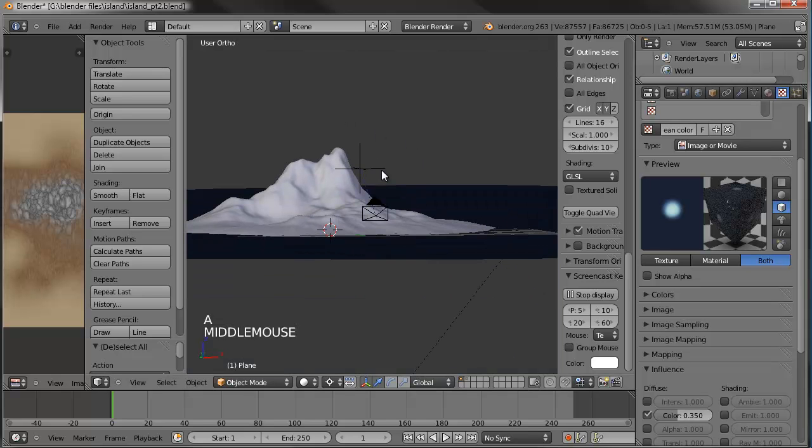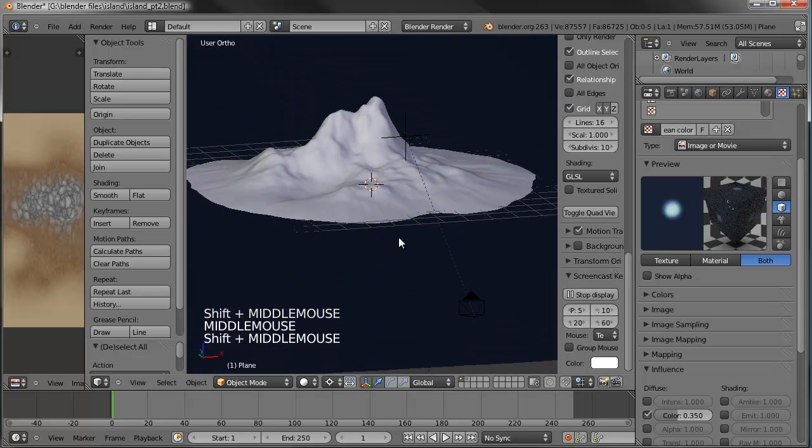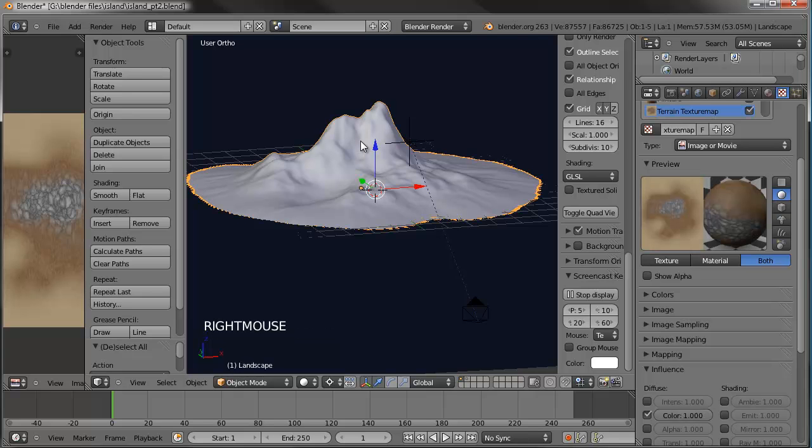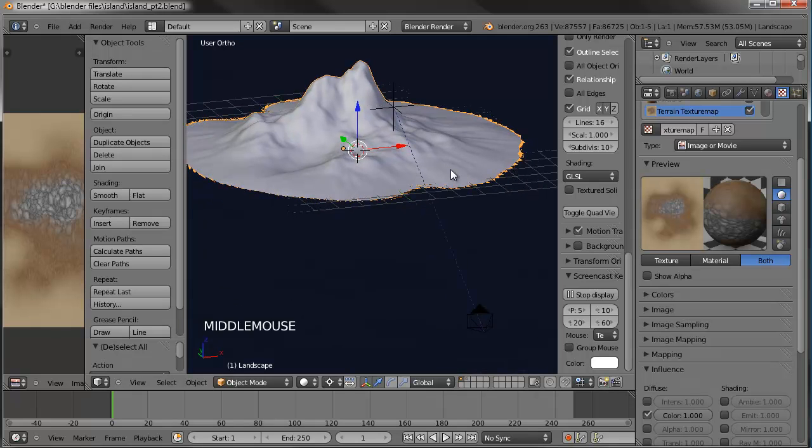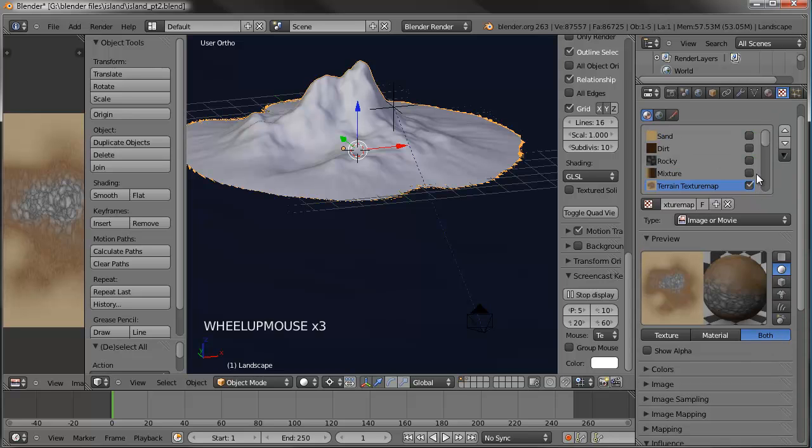Okay. One other thing I want to do before I do another test render is right now the only really rough areas of the island are going to be at the very top of the mountain and then kind of in the dirt area where it kind of faded in. So I'd like to go ahead and give it a little bit more roughness around the sand area because, you know, sand, if you've ever seen a beach, it's not just a straight smooth path of sand. It's got like where the waves have crashed onto it, the wind's blowing, it's like tiny little sand dunes here and there. So let's add one more